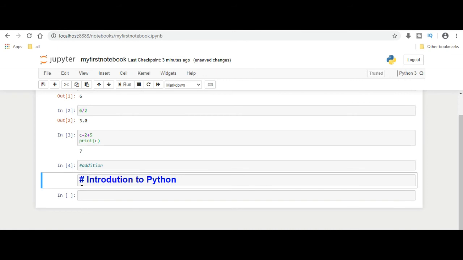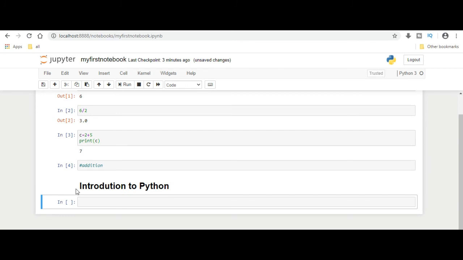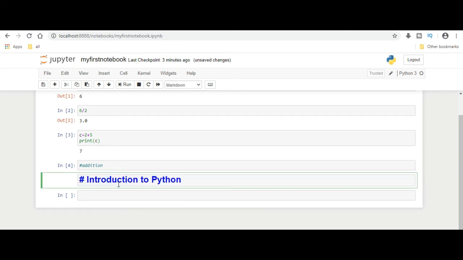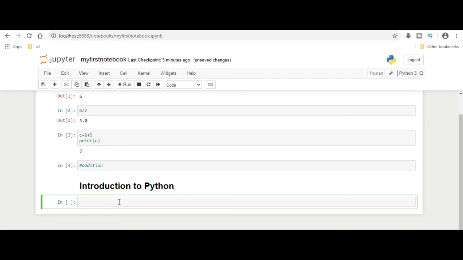If I say 1 hash, it is a level 1 heading. Sorry, I have a typo, so I will correct that. Then you can run that to see the plain text or the heading format. So this is the way we execute our Jupyter Notebook file.